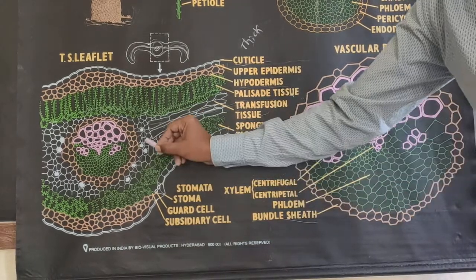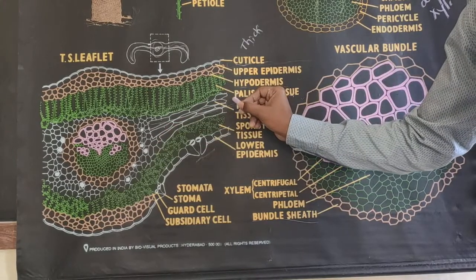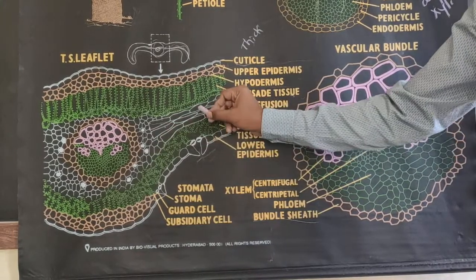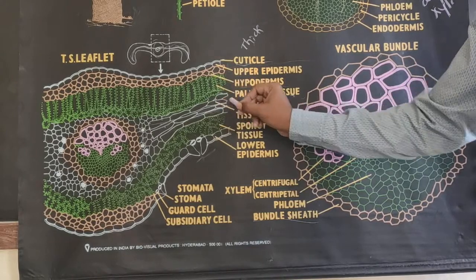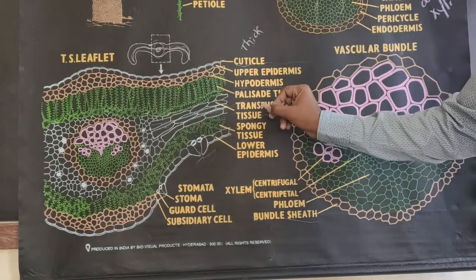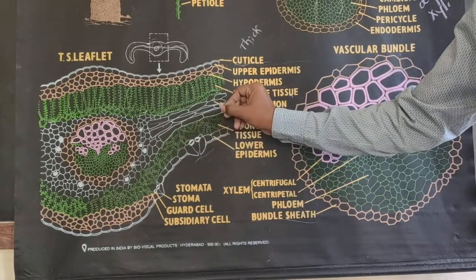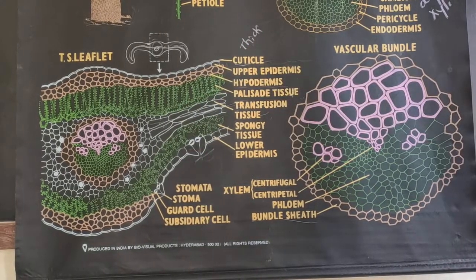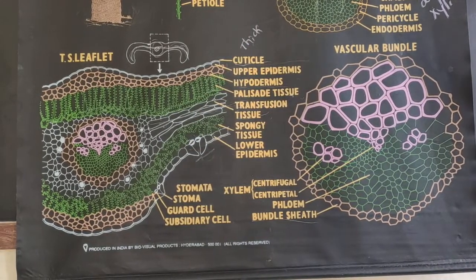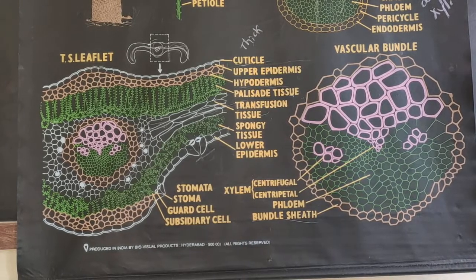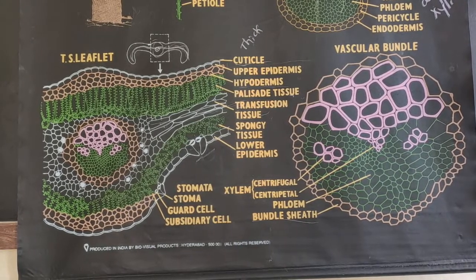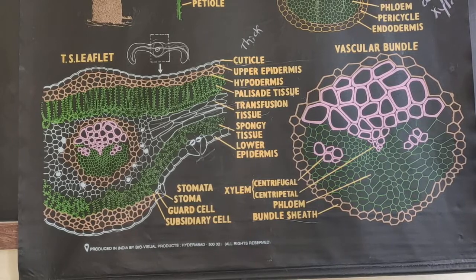Next, on the lateral sides of the leaflet, you will find long elongated flat tissues. They are known as transfusion tissues. These transfusion tissues mainly help in lateral conduction of water and nutrients. So this is about the anatomy of rachis and leaflet. In the next class, we will start with the reproduction in cycas.